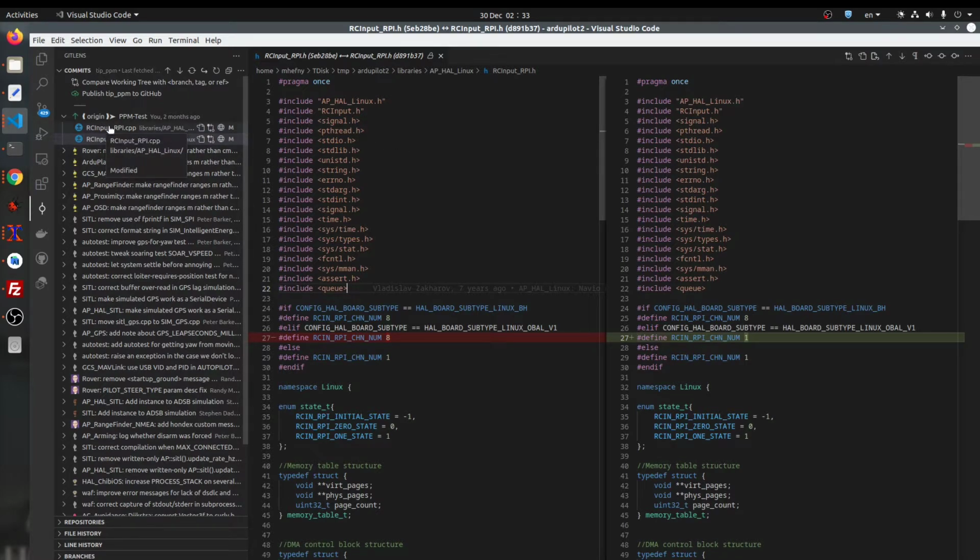In RC input, Raspberry Pi, this is the file that is responsible for receiving the signal from the receiver or translating the signal from the receiver. Instead of using 8 channels, here we will use only one channel. Okay, and instead of